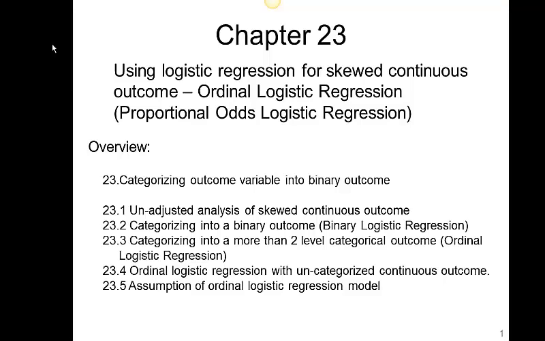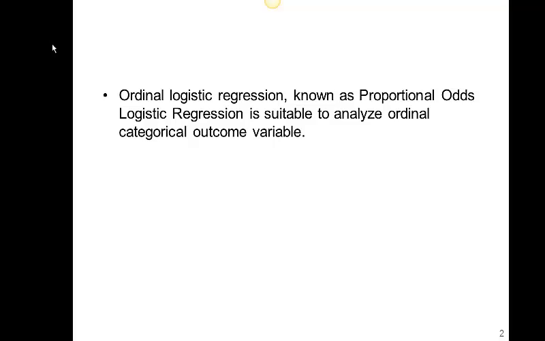In this video, we are going to learn ordinal logistic regression. Ordinal logistic regression is also known as proportional odds logistic regression. It's suitable to analyze an ordinal categorical outcome variable. In binary logistic regression, the outcome has only two categories, for example, deceased versus being alive. In an ordinal categorical variable, your outcome variable has more than two categories, which have an order in them, for example, disease